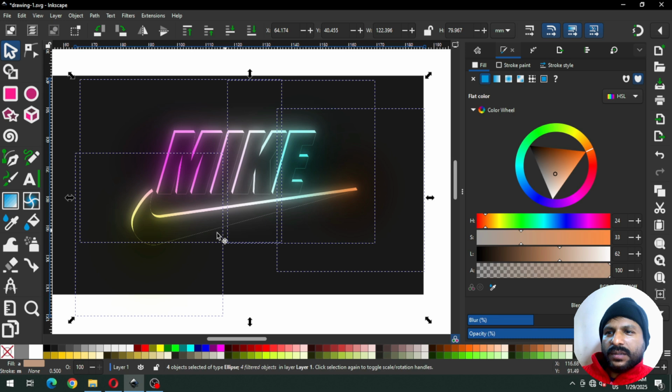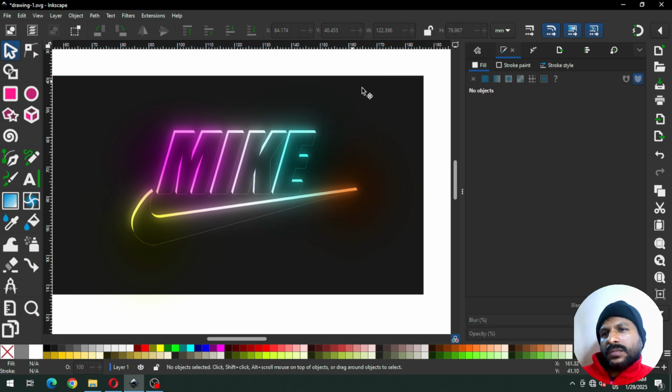I have selected circle, and you can play with the blur effect, or you can play with blend mode. Yes, so